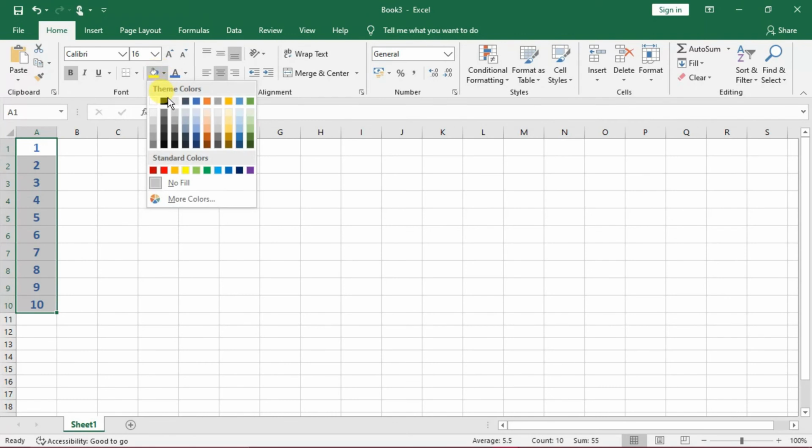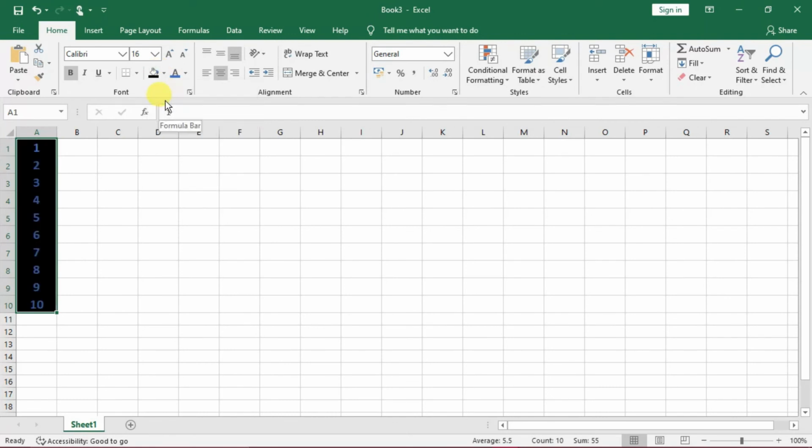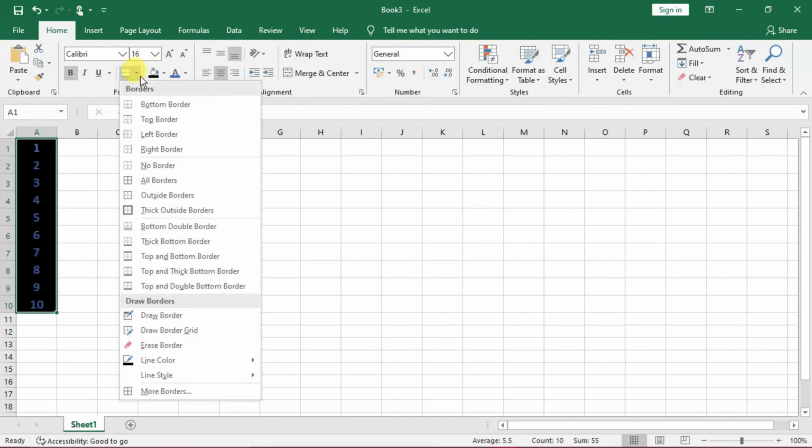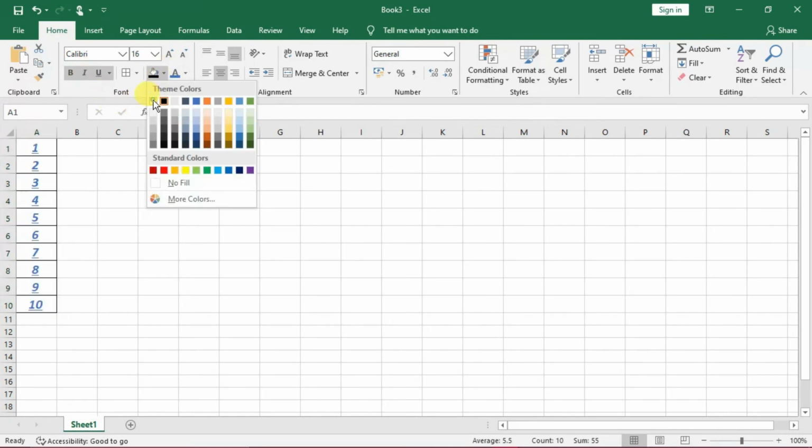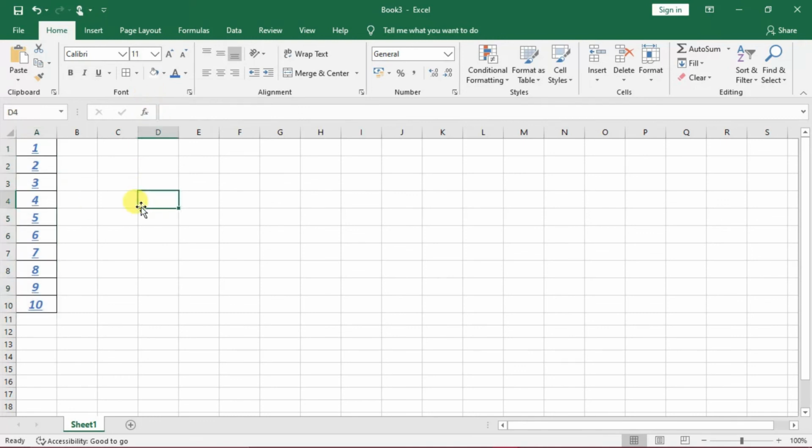As you can see out here, this is taking place, and this is called border tool. This is the italics, and this is the underline also. If you want to remove this one, you can remove also. The same thing will happen out here. So these are the basic formatting functions out here.